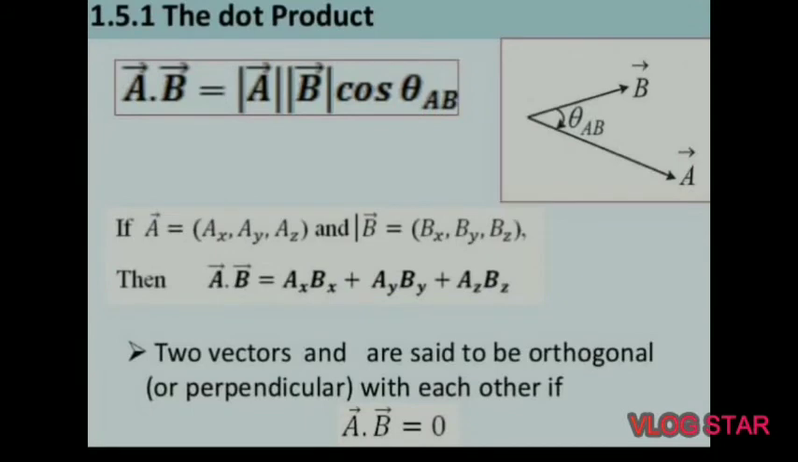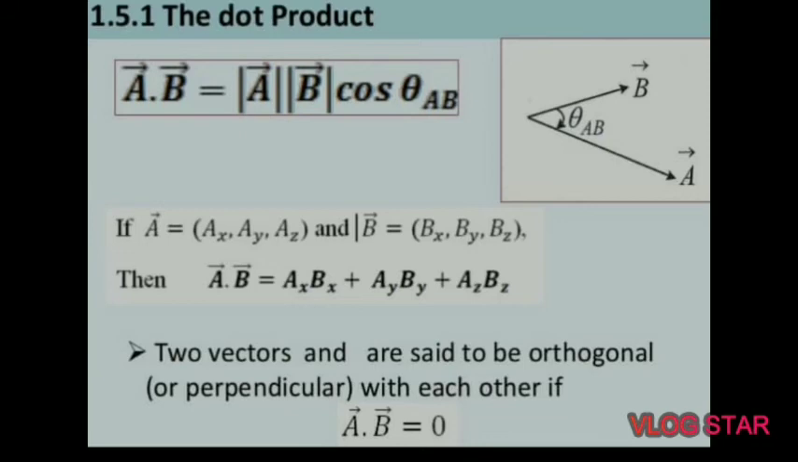So let us see first the dot product. Here in the figure we can see that A bar and B bar are the two vectors and theta is the angle between A bar and B bar. If we want to take the dot product of A bar and B bar, then we write A bar dot B bar is equal to AB cos theta, where